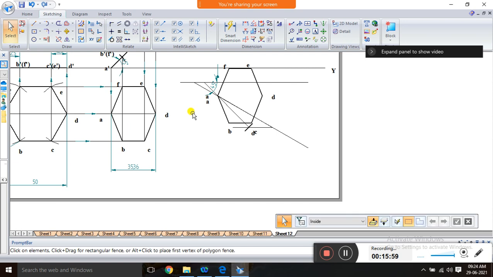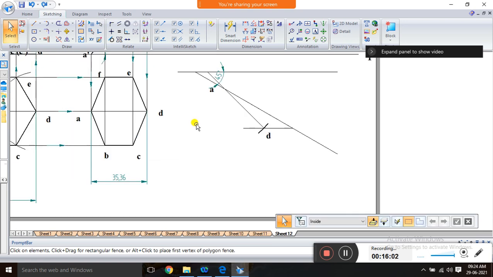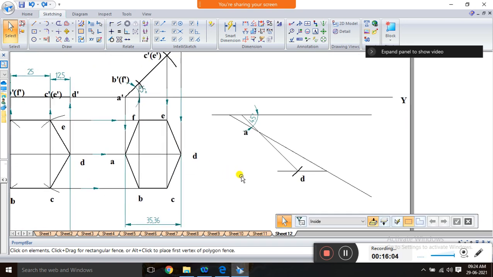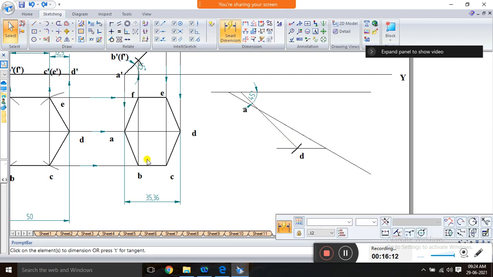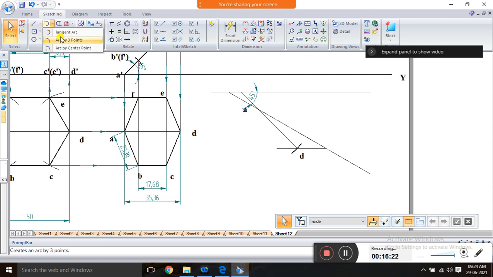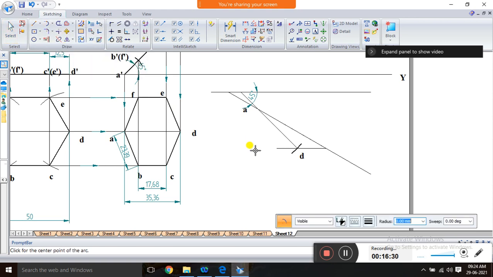But in the manual way, it is entirely different. With the help of compass and scale, you are going to reconstruct. We already got the two points A and D. Next, we need B, C, E, F. So for that, you measure the distances. This distance you have to measure, and this distance you have to measure. And next, you use arc by center. That is what, with the help of compass. If I use arc by center, it is indirectly the compass in the manual way.